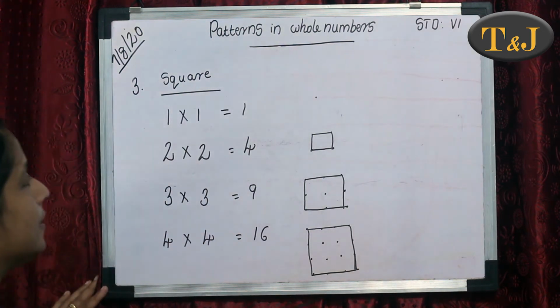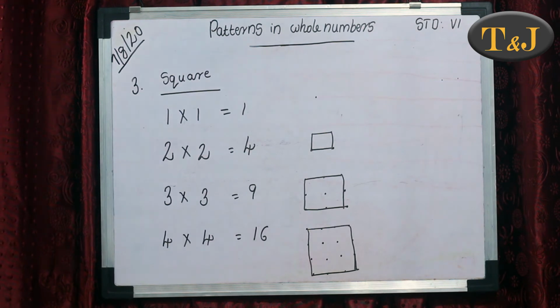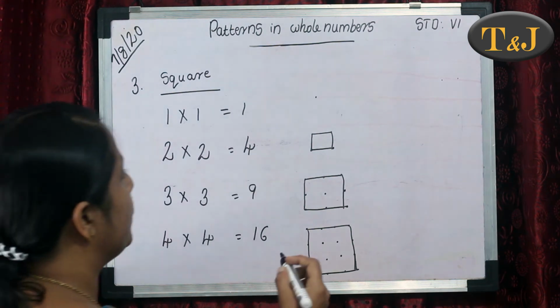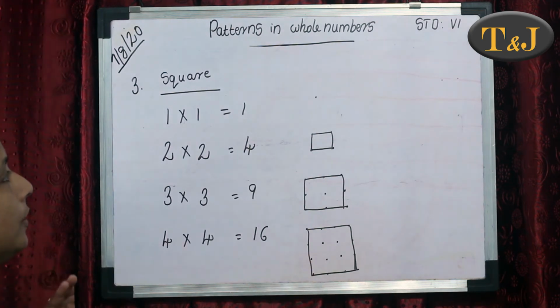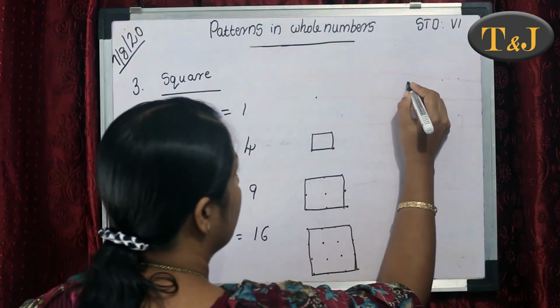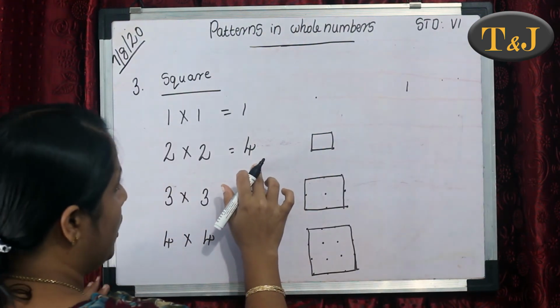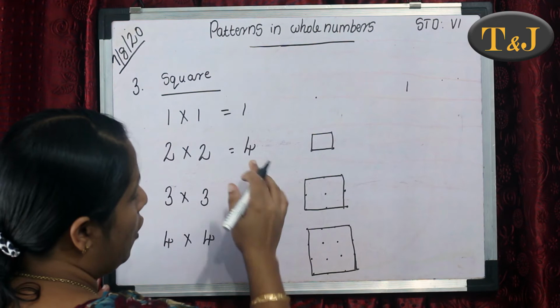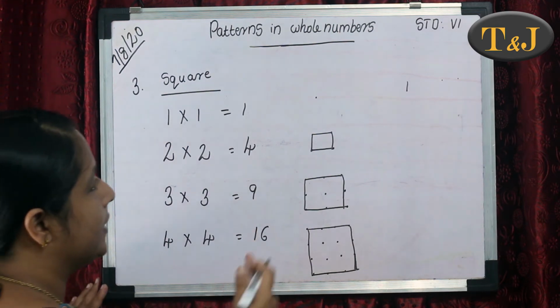So we get that only the square numbers can be represented in the square pattern. Then one more pattern is here. That means first we have to put the number 1. So we write 1. Next our number is 4. How can we write 4 as the pattern in numbers?